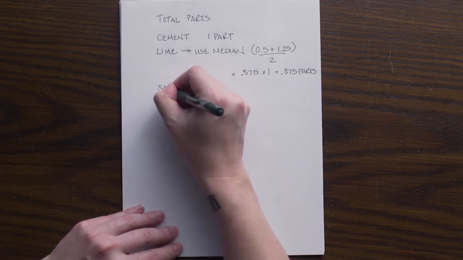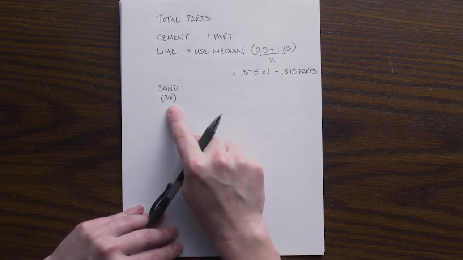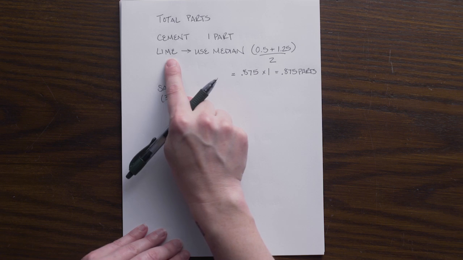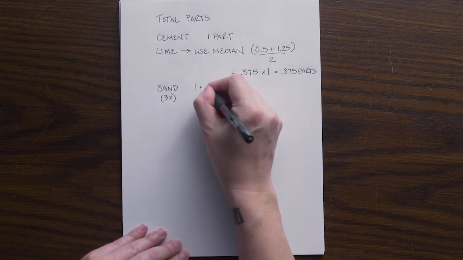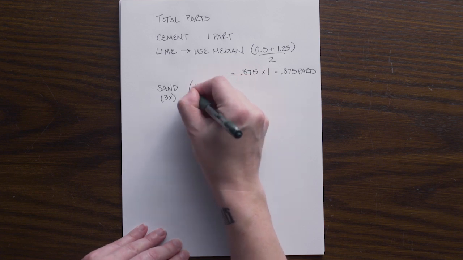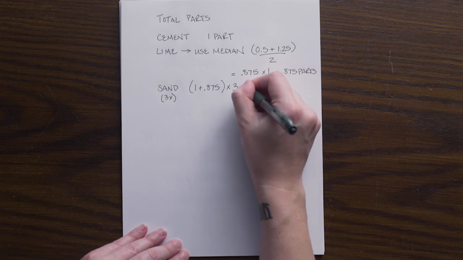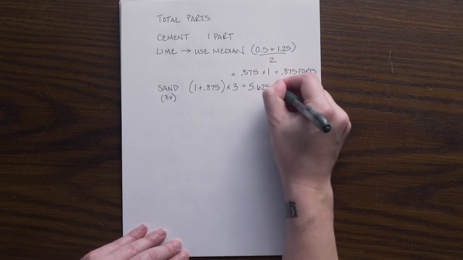Next, our sand. Again, like before, it's 3 times, but it is 3 times the combined value of our cement and our lime. So if we have 1 part of cement, 0.875 parts of lime, that is what we multiply by 3. And we get 5.625 parts